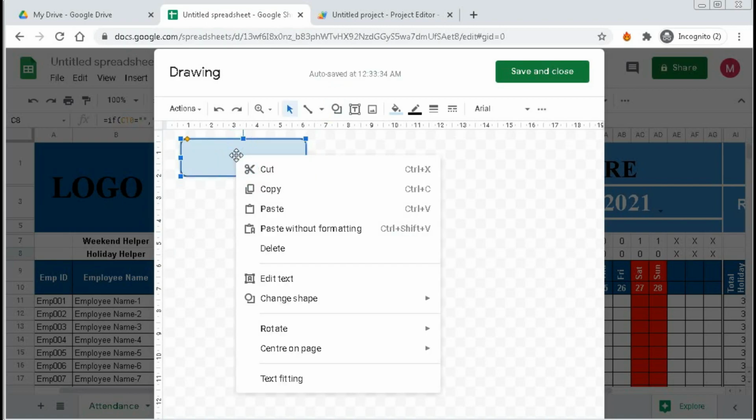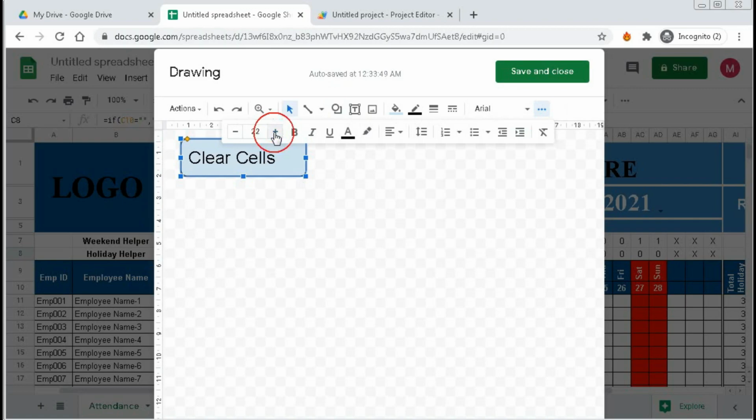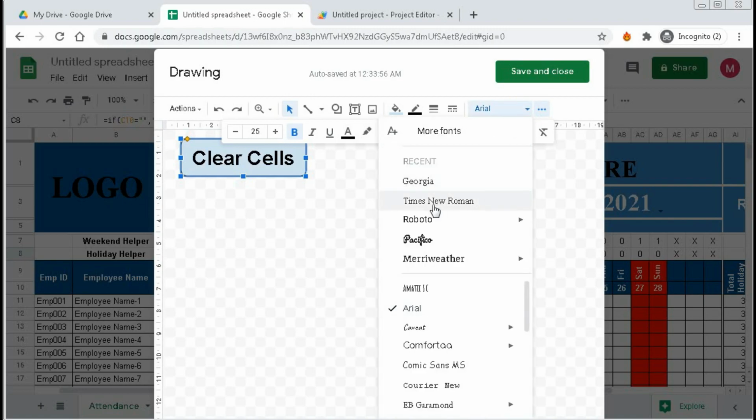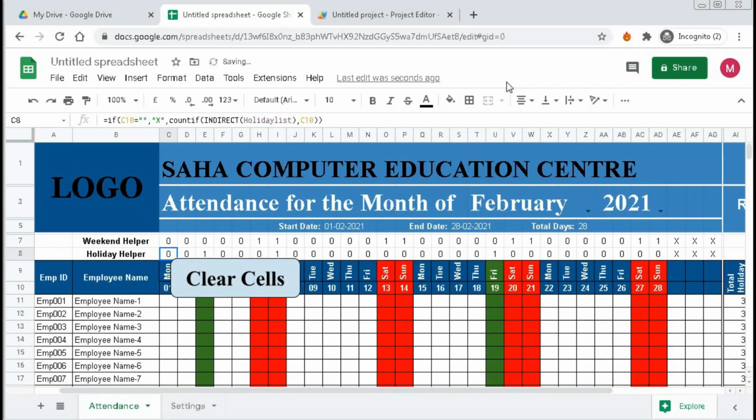Right click on the shape, edit text and type here clear cells, and increase the font size, make it center, then bold, and you can change the font also, maybe Times New Roman, then save and close.